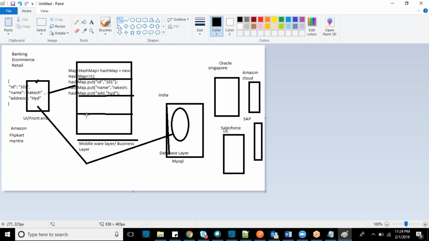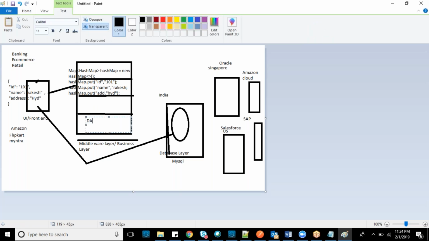So those are defined over here as the DAO layer. Whatever values are there, those will simply be kept into these attributes, and from here they will move into the database.